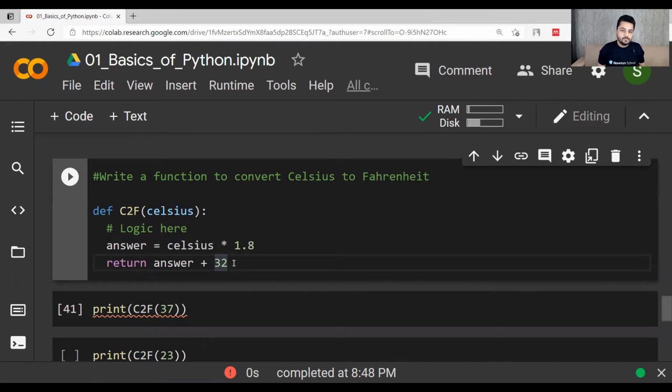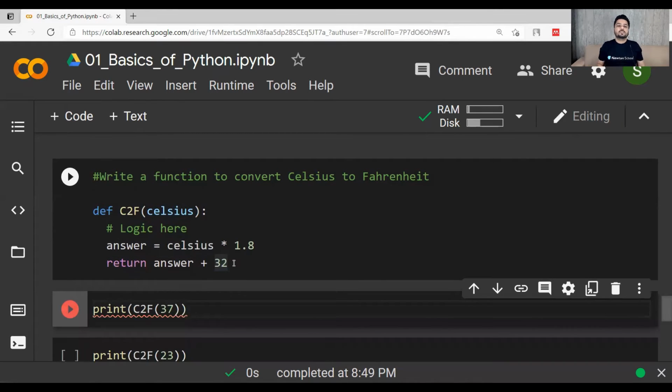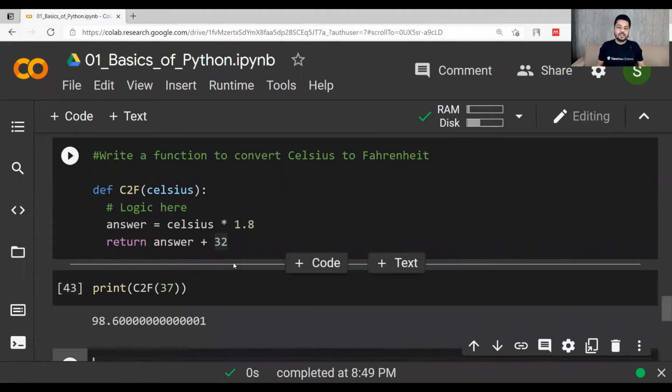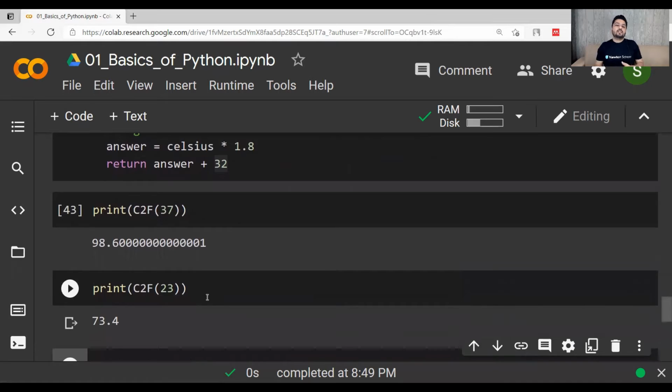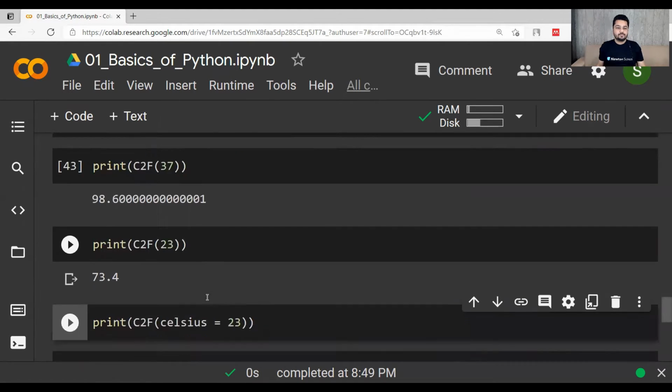Now let's run the function, right? So this C2F function is defined. Now, if I use print(C2F(37)), the output will be 98.6. So 37 Celsius is equal to 98.6 Fahrenheit. Similarly, if I pass 23, the equivalent Fahrenheit value will be printed. Now you can pass even a list of numbers within this function one by one using a for loop or something like that, if you understand this. And every time that value will be sent to the function C2F and the output will be given, right?